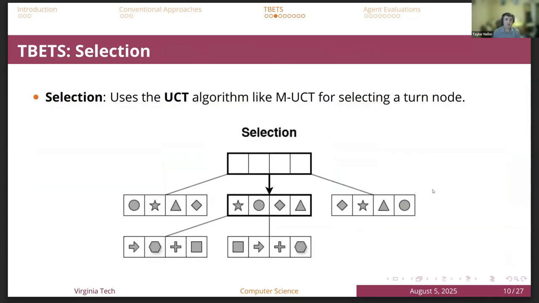So we're going to walk through the 4 stages of Monte Carlo tree search here, starting with selection. For our little diagram here, each node has 4 little symbols, and each of those symbols represents an action. So each of these nodes here is actually representative of the branch it took to get to that node for individual actions for 4 units. So in the selection phase, we use the UCT algorithm, just like MUCT, and we also modify it so that it can select leaf nodes as well. So any node in our tree can be selected, and we use UCT.